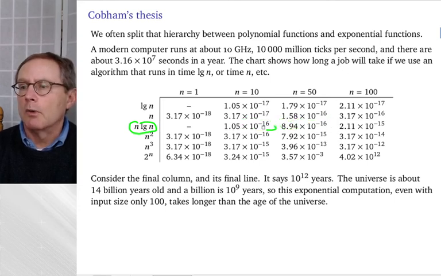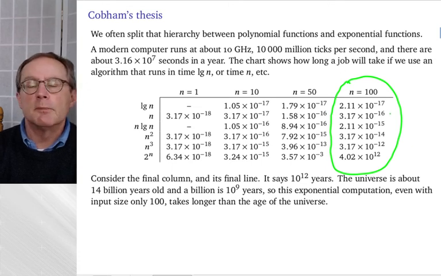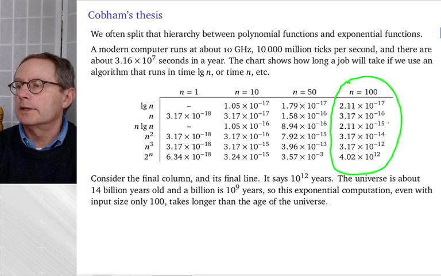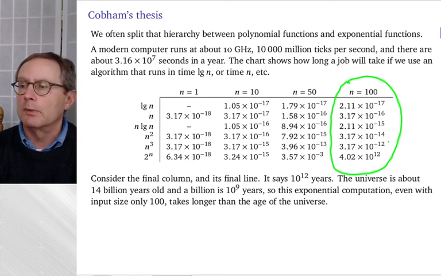Okay? All right, so again, I want to compare the ones on the top to the one on the bottom, and I'm going to draw a distinction. I'm calling your attention to the final column. If you use an algorithm that runs in logarithmic time, and you have a data set of size 100, it takes 2.11 times 10 to the minus 17. The next line takes 3.17 times 10 to the minus 16, so it's about 10 times as long. Still pretty small though. This is about 10 times as long, again still pretty small. This is about 10 times as long, still pretty small. I know this one is 100 times, but